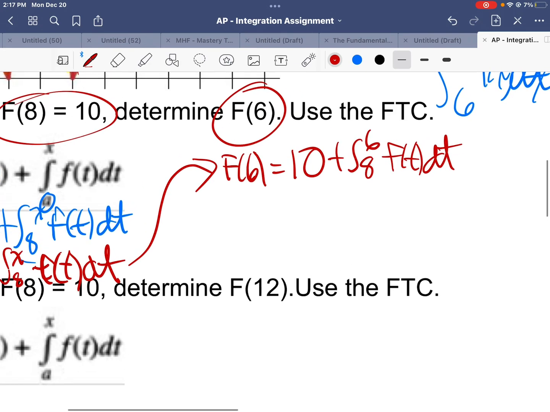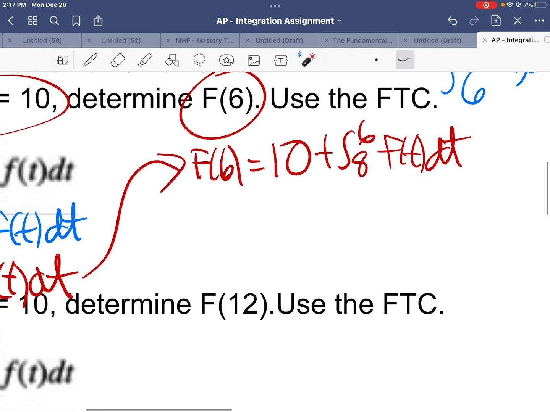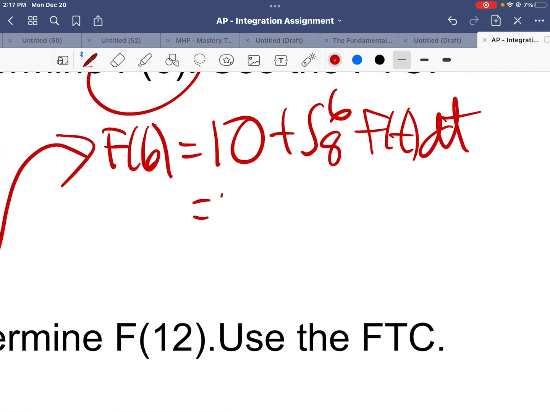Now, there's something we should notice here. We don't like writing our integrals with a bigger number on the bottom, from x equals 8 to x equals 6. That means I'm going from right to left. So what I should always do is reverse those, and then this positive will become a negative, right? So I rewrite that, and I say that I've got 10 minus the integral from 6 to 8,